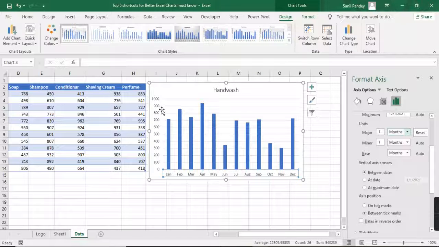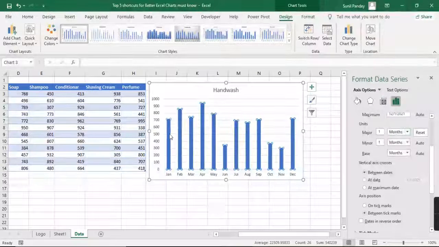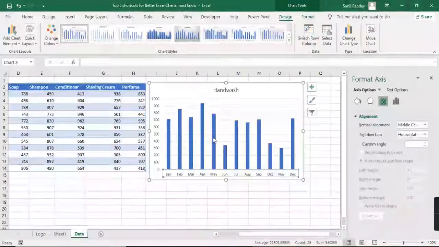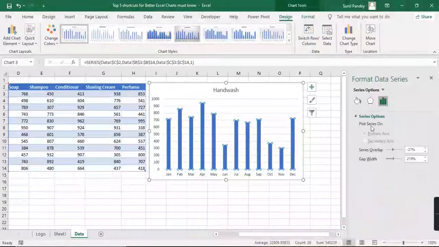and suppose you want to change the gap within this. So you don't need to click again, you don't need to press Ctrl plus 1 again. Once you press Ctrl 1, and if you click anywhere, you can change from here.